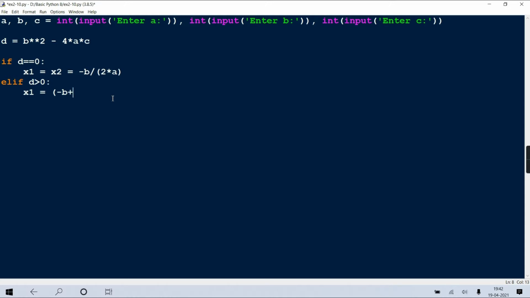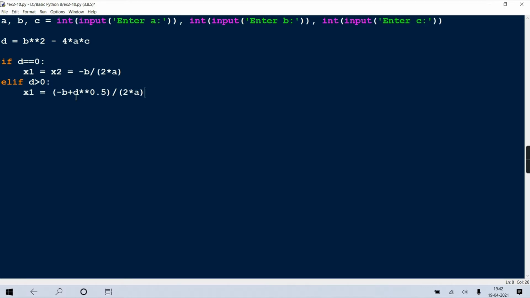I guess I have told you how to import a module, then alias, how you can create it using as, then from. I told you all that, I'm sure about it. If you want to use it, do it, or you can do it this way also: D double star 0.5.